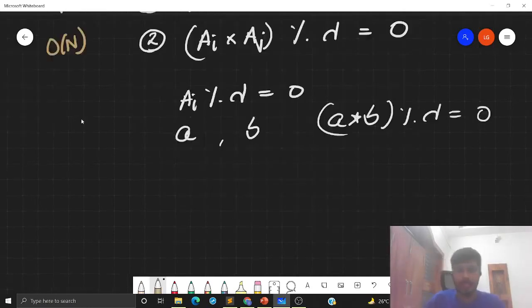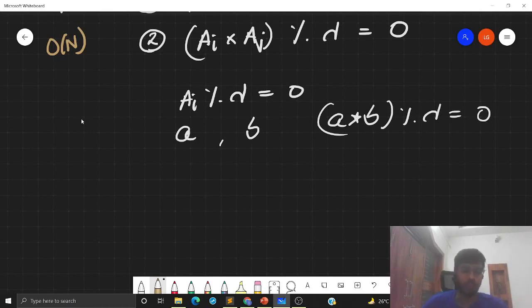Okay, so let's summarize the algorithm first for subtask 2. What we have done is, we first observed that the final answer that we have, let's say k, is a factor of a large number of numbers that are present in our array. Specifically, it will be a factor of at least n minus 2 elements. And from this fact, we were able to say that if we take any three numbers from our array, then our answer will be a factor of at least one of them. And we have actually utilized this fact to calculate our answer.